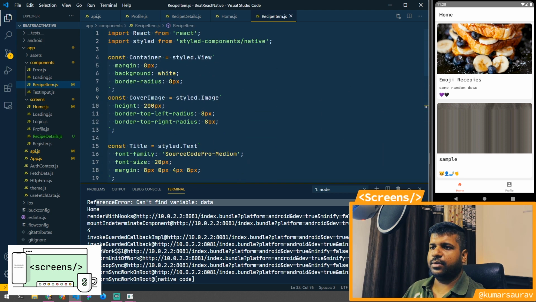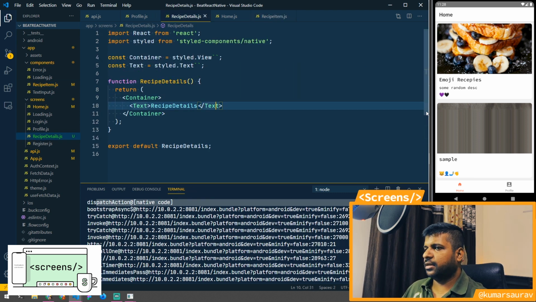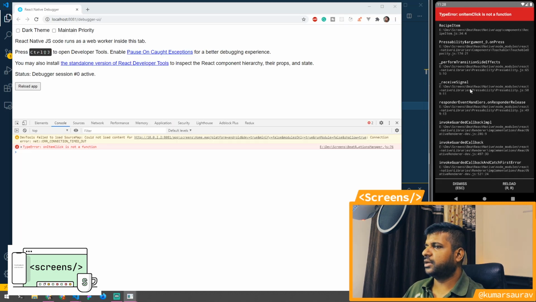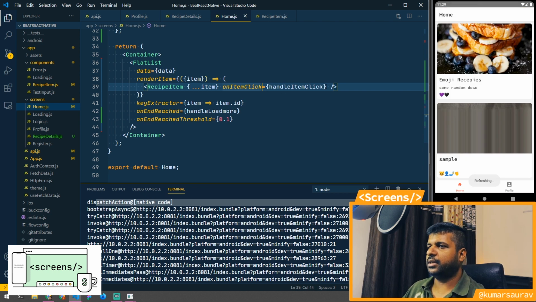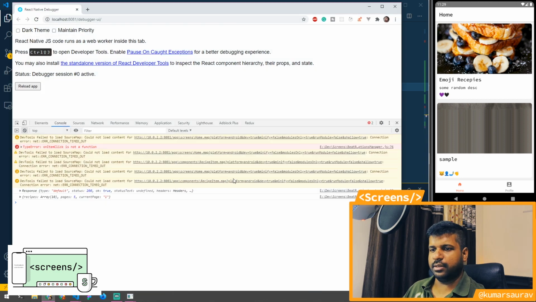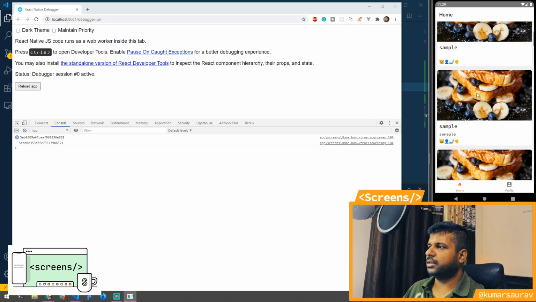So what we are going to do here is change this container to a TouchableOpacity, and we are going to get onPress here. Okay, cool. So let's check if we are getting the output on the console whenever we click the list item. So it's saying onItemClick is not a function. Let's check what the problem is here. Sorry, it is onItemClick here. So let's change this to onItemClick, and I think we should be getting the logs when we click. Now you can see we are logging the different IDs whenever we click different rows here.